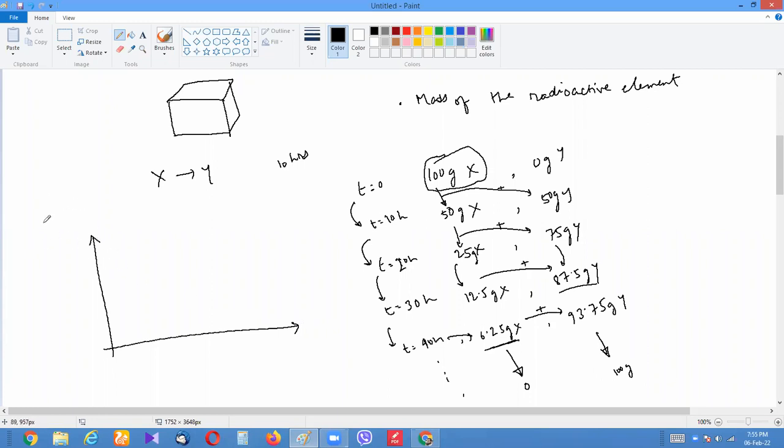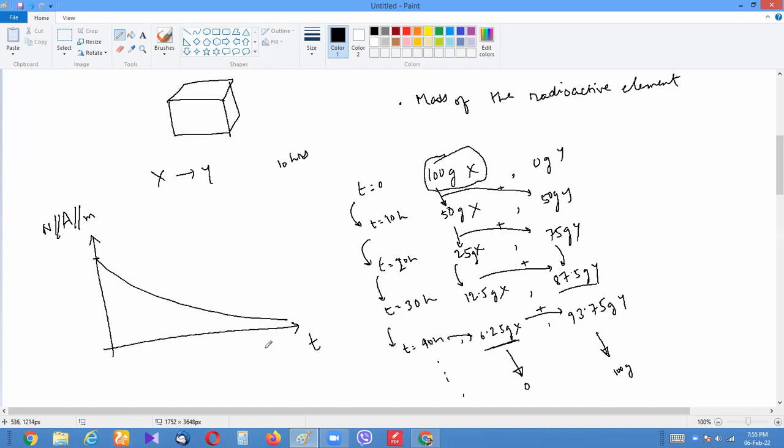So if we have on the Y-axis the number of available undecayed nuclei, or we can write the activity of the undecayed nuclei, or we can write the mass of the undecayed nuclei. Any three of them can be plotted on the y-axis, and if we plot time on the x-axis, the unit for time can be anything. It can be hour, minute, years, days, weeks, seconds, depending upon to what magnification you want to draw the graph. Irrespective of that, the shape of the graph will always have a negative exponential shape like this,